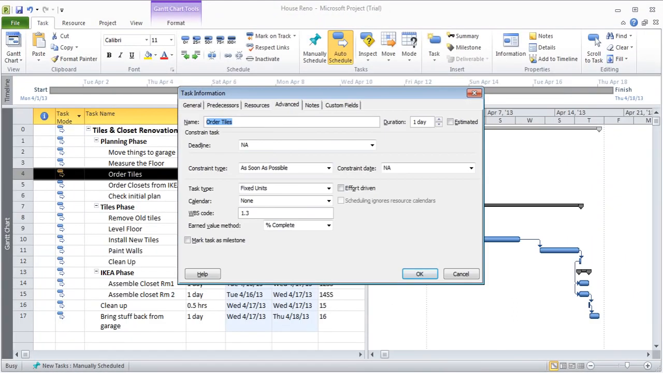So let me just come back to the project. And there's the effort driven option if I wanted to apply it to this fixed unit one, so that when I start adding extra people to this job, the time will be reduced as I'm adding them. Or you can choose any one of these. And we'll look at this in a little bit more detail in the second video when we talk about resources,